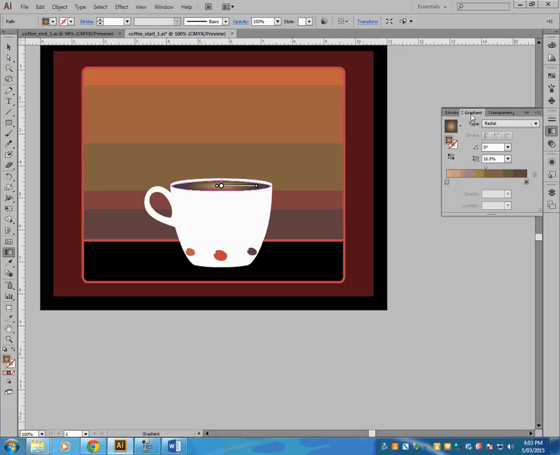The other way you can do it is in your gradient panel. I don't know if you noticed there, in your gradient panel, I'll just put it back there. It was on 100% before, and when you move that, it's reducing that value. That's the aspect ratio. So there are a couple of ways you can do that if you know what the value is, but in this case it's much easier to see it because you've got the object there. So I'm just moving it down. I think it ends up around,